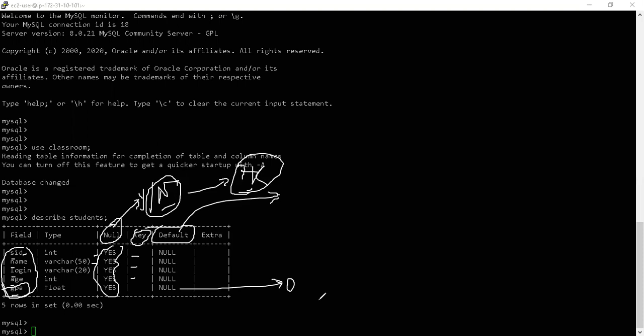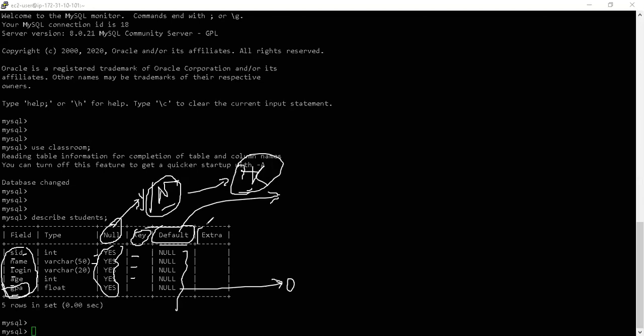So when inserting a new student record, I may choose not to enter the GPA because maybe the student has just joined the college. So the default value, I can put as 0. Later on, when he or she appears for an exam and gets a grade, I'm going to give that person the GPA out of 5. So that's the usage of that field. But for us, we have not done anything of that sort. That's why it's on null.